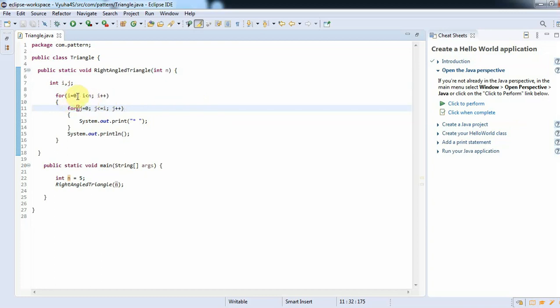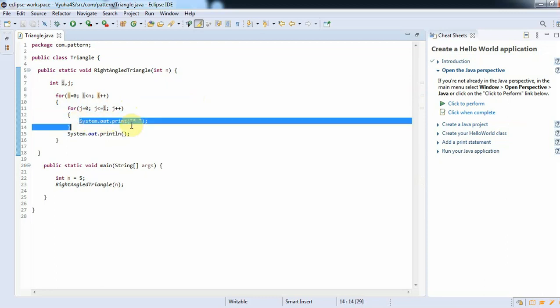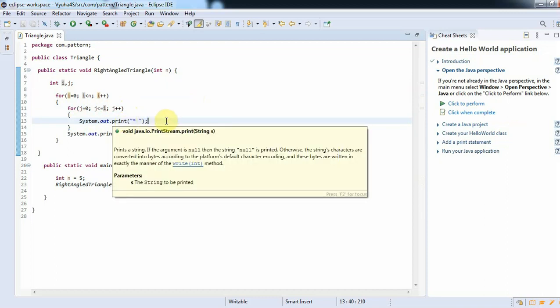For every iteration it checks the value of i over here, and in the next step j will be incremented by 1. Inside this I have written System.out.print of star space. Please observe that there is no ln over here.